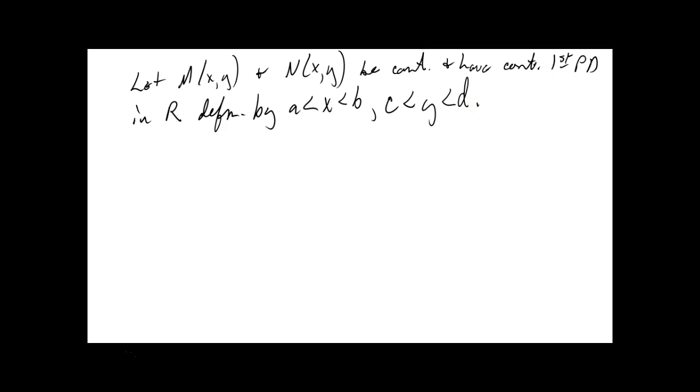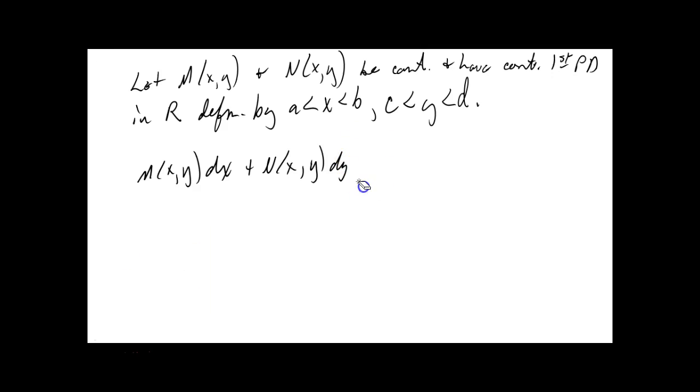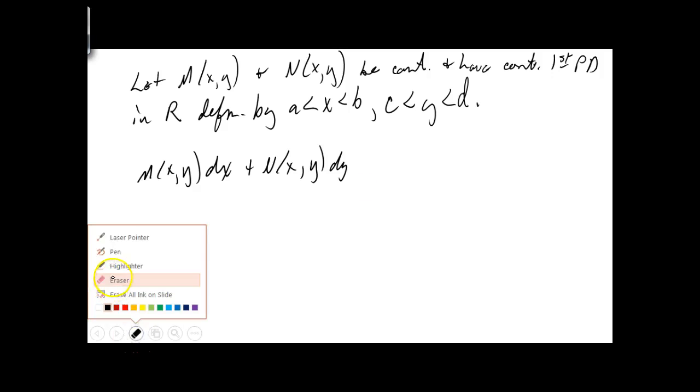Then a necessary and sufficient condition, that means it's absolutely perfectly copacetic, to have that m of xy dx plus n of xy dy equals 0. No, they don't do this. They just call it an expression now, not an equation. Then this thing right here